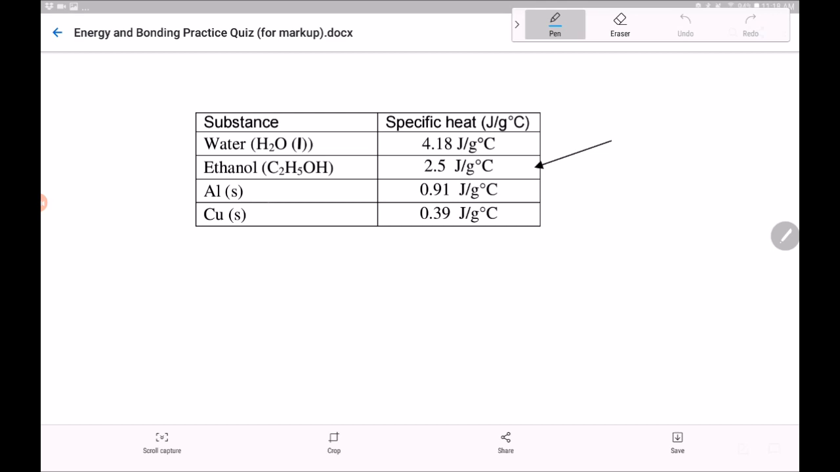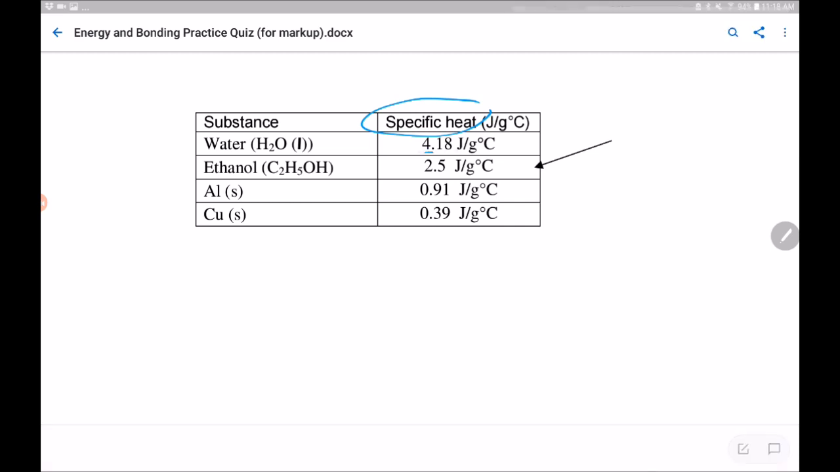Okay, so here we go. Ethanol has a different specific heat than does water. Here's water expressed in joules. Here's ethanol expressed in joules. Takes less heat to heat up ethanol compared to water. So let's do the same sort of analysis. We have